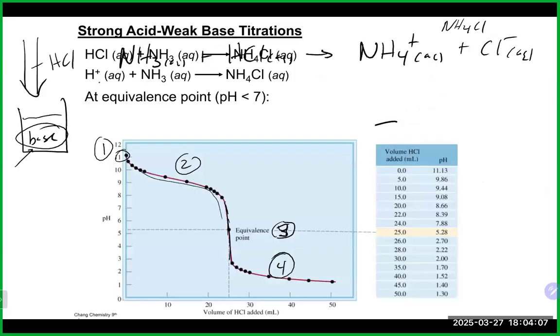All right, then let's talk about what happens as we start dropping that acid, all the way down to before the equivalence point. And at this point, much like the other titrations, we will need an ICE table because we are going to obviously have a reaction between those two things. So before the equivalence point here,